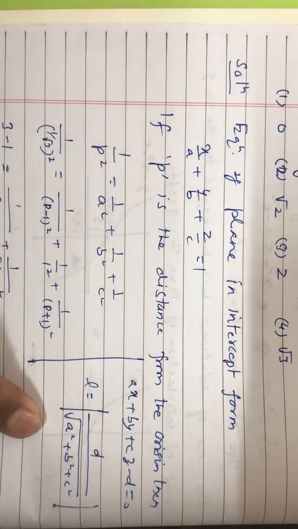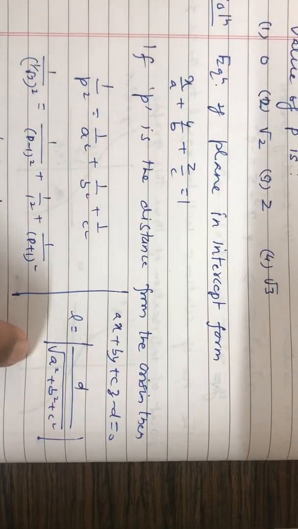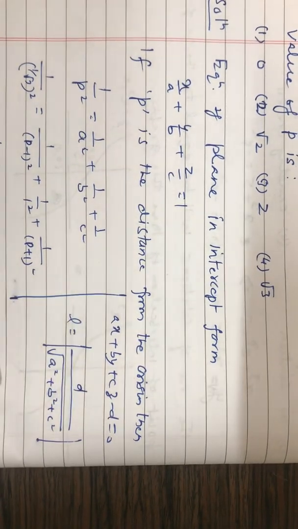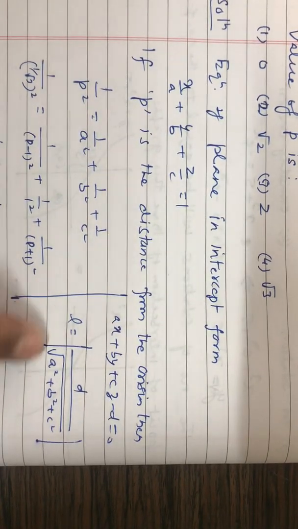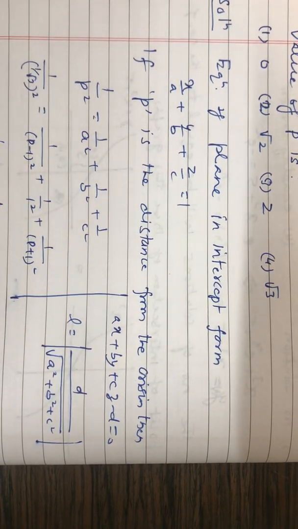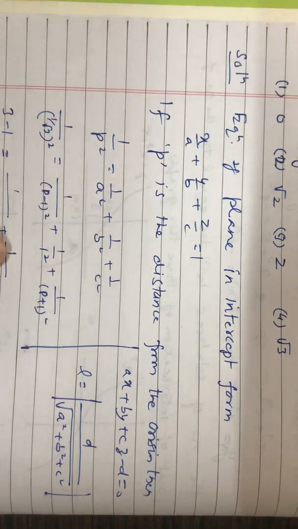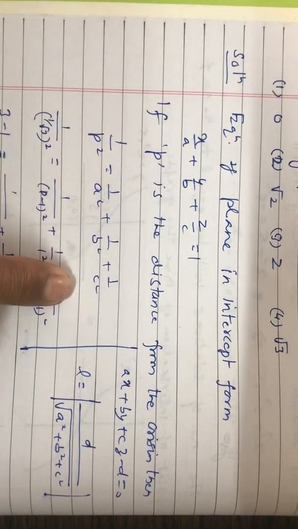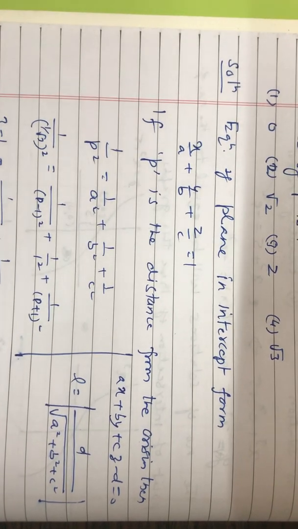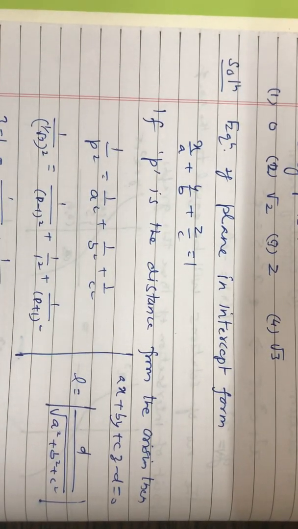Now how does this formula come? You know that the equation of a plane is always ax + by + cz - d = 0, and its distance from the origin is given by a standard formula. So using this formula you get this result. Guys, remember that in an entrance examination you have to remember many results, because time is the key. Time is extremely important because each and every millisecond, microsecond is very important there.